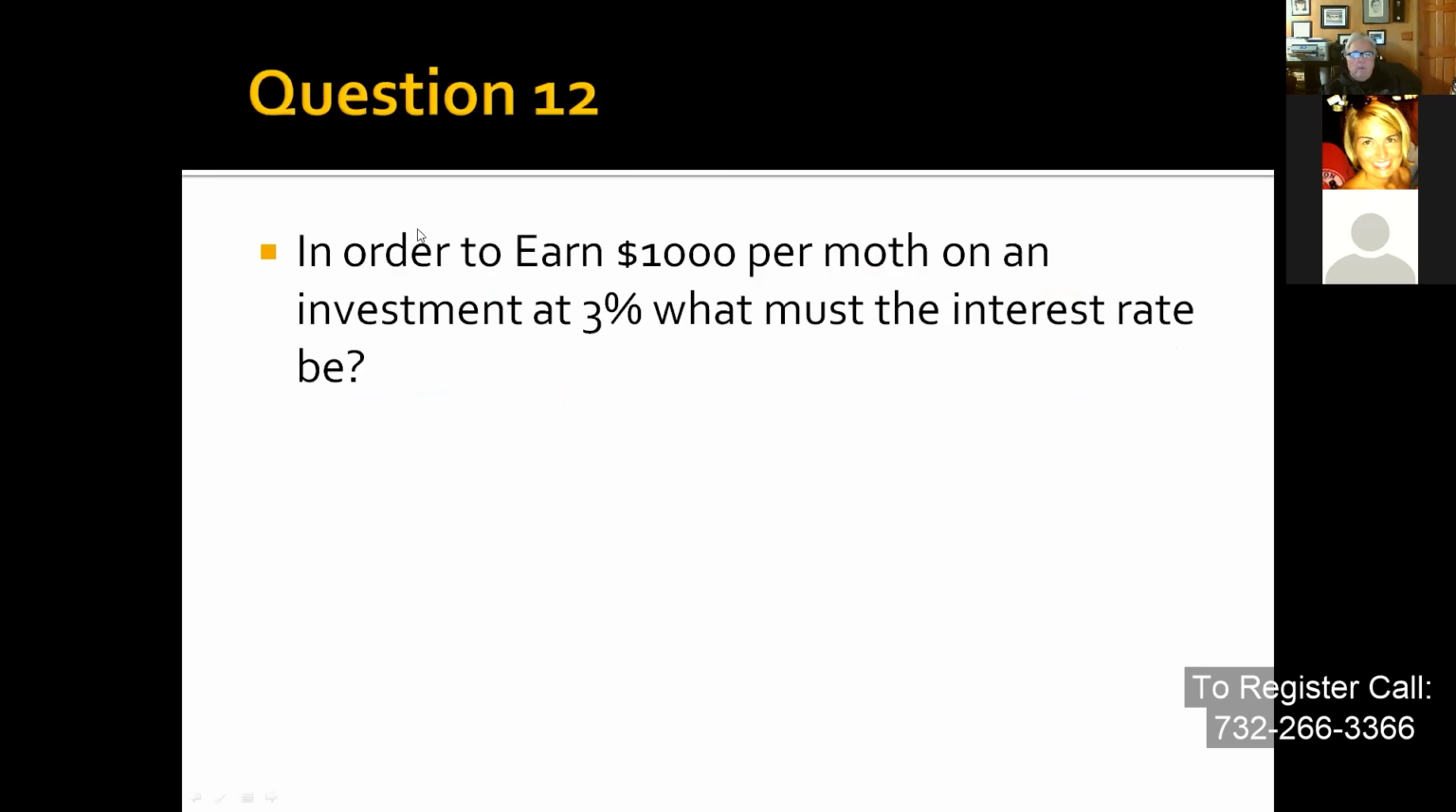All right, and the last one is: in order to earn $1,000 a month on an investment at 3%, what must your interest rate be? So if you're looking to retire and you want to have $1,000 a month from your investment and you know you're going to get 3%, how much money